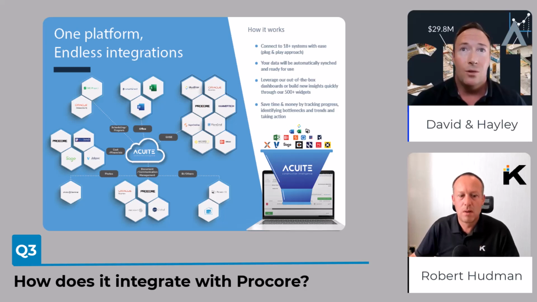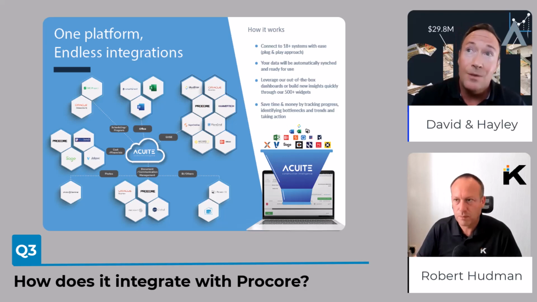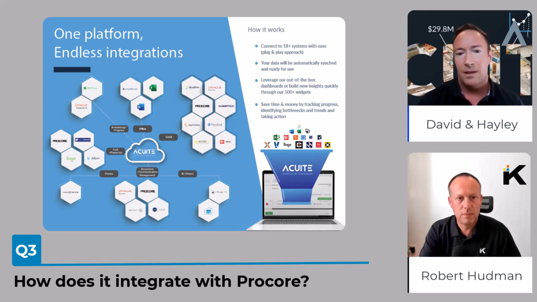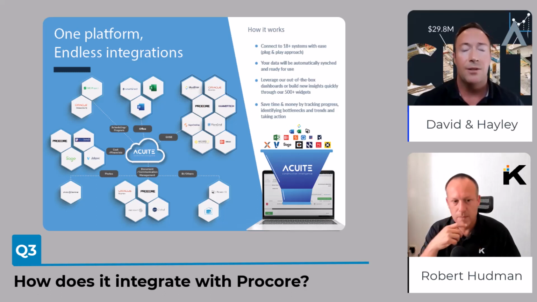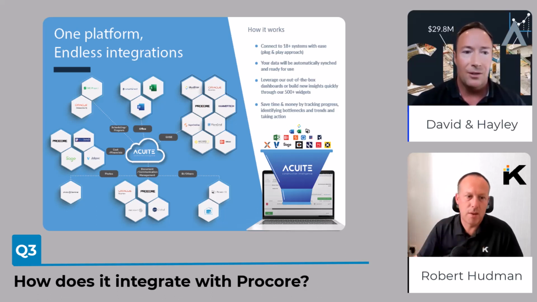That can all interact with Procore, and the integration with Procore is pretty deep, just through natural customer acquisition over the years. We've had requests that tap into pretty much all of Procore now. So with the financials, Hayley, it's pretty much everything that we touch on there, isn't it? Yeah, correct. And in the back end, we also tap into Sage 300, Job Pack, Workbench, so expanding the integrations out all the time.